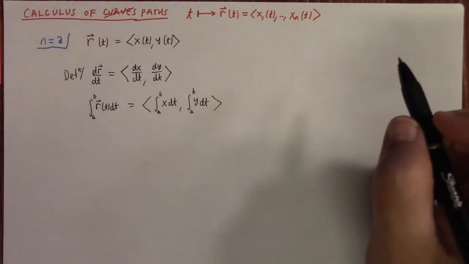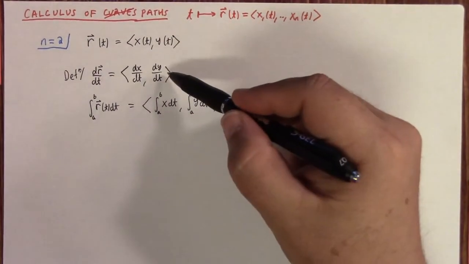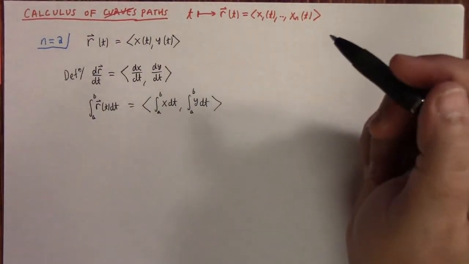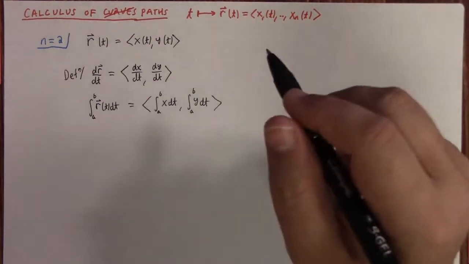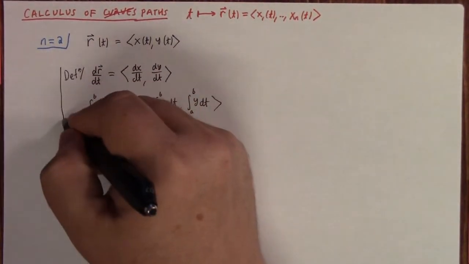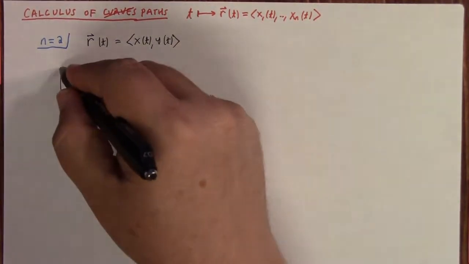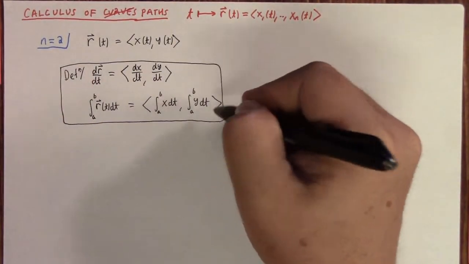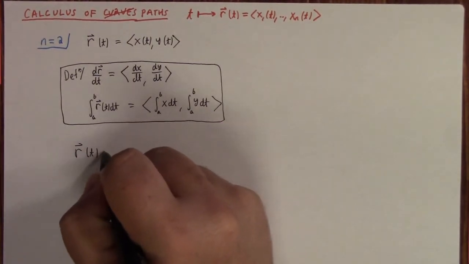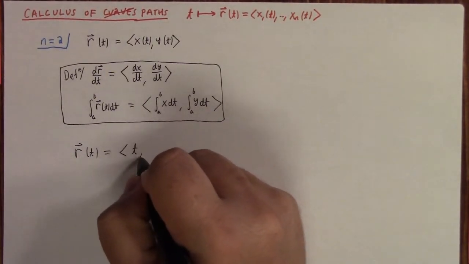All right, so there, that's basically it. The derivative is done component-wise, the integral is done component-wise, and there just are all kinds of things we can say about this, as you'll see. I'll write out one example here, and then I'll dive right into the notes. So if I had r of t equal to, let's say, t comma t squared,